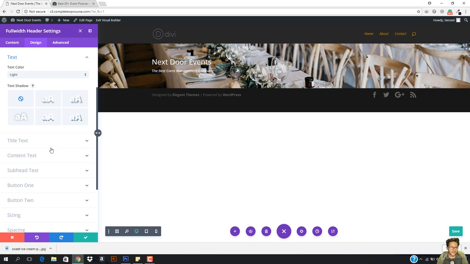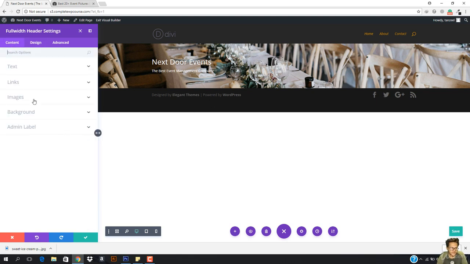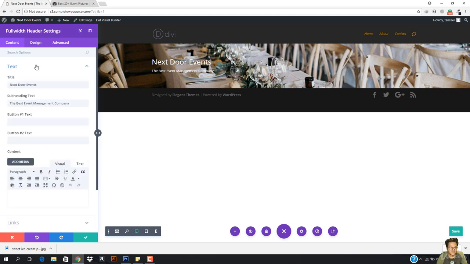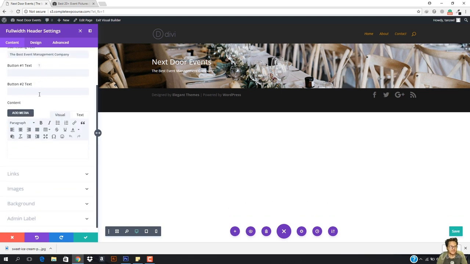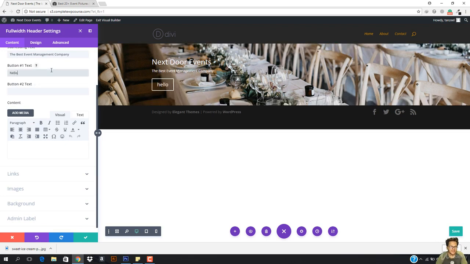What I'm going to do right now is go to the content right here again, and you can see the things that we can work with. We have text right here, we have the button right here, and then we have the button two. So we can add two buttons right here. I'm just going to click. We need just one button, but sure, we can add two buttons if you want to. So this is going to be about us,